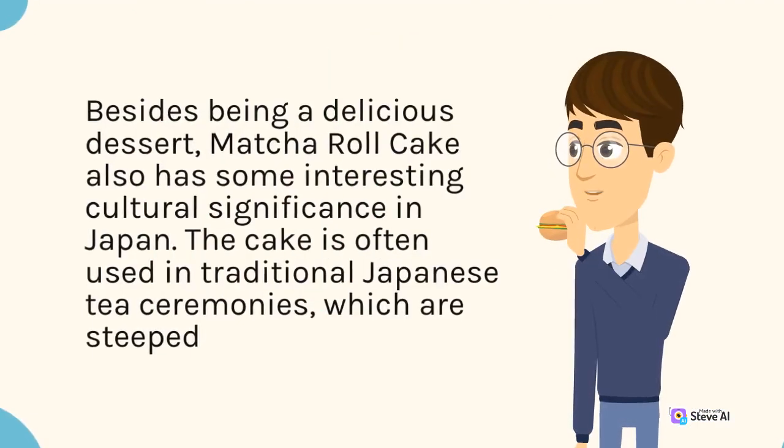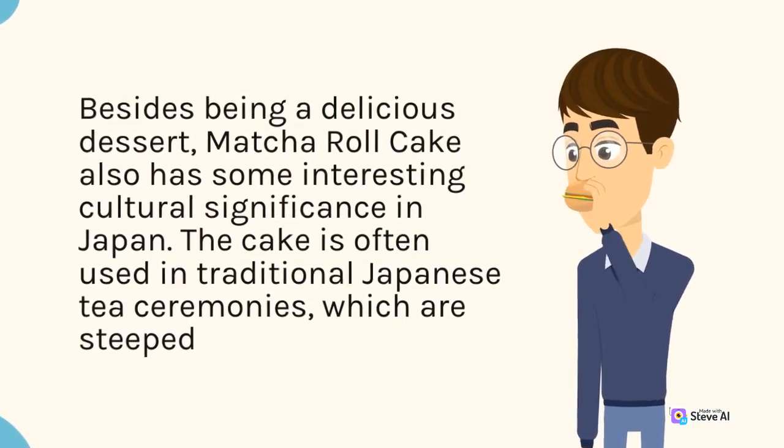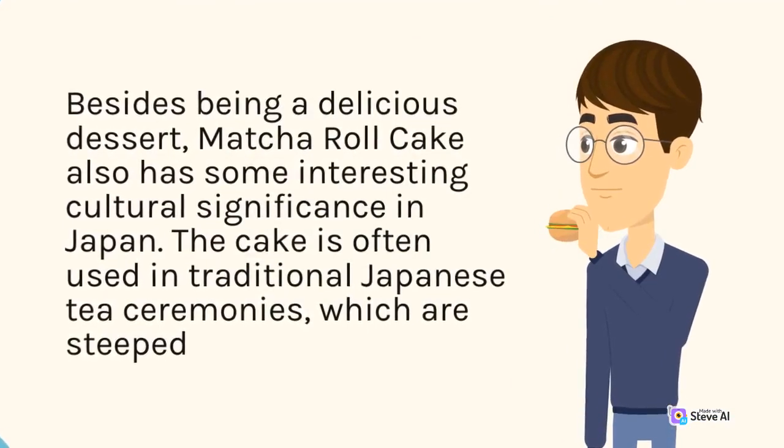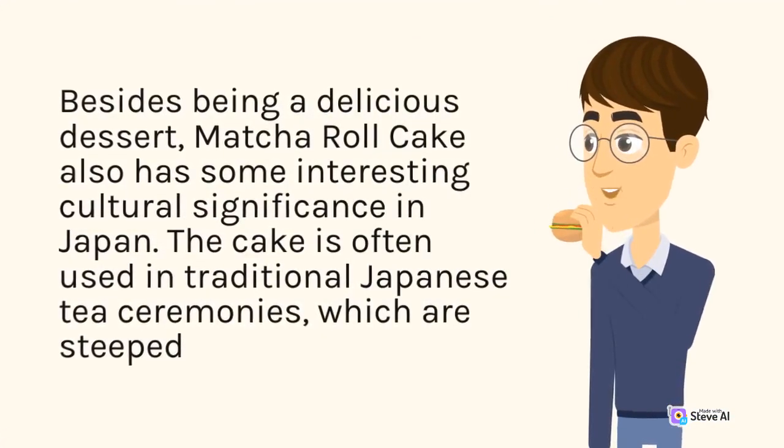Besides being a delicious dessert, matcha roll cake also has some interesting cultural significance in Japan. The cake is often used in traditional Japanese tea ceremonies, which are steeped